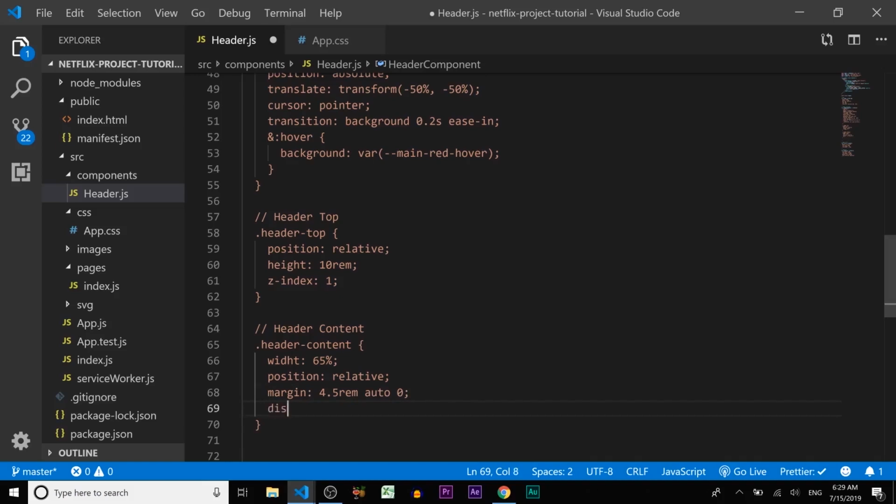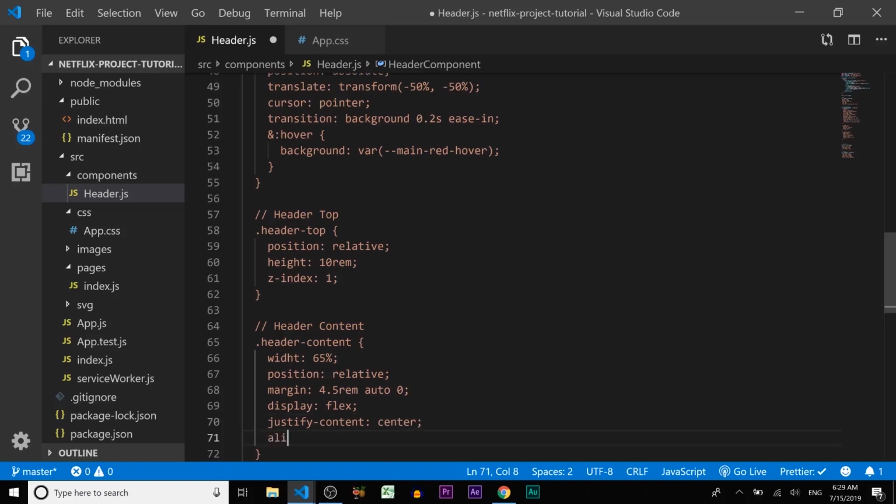Let's display flex. I'm gonna use flex in here. We're gonna use some flex, some grid. So justify content center and align content in the center